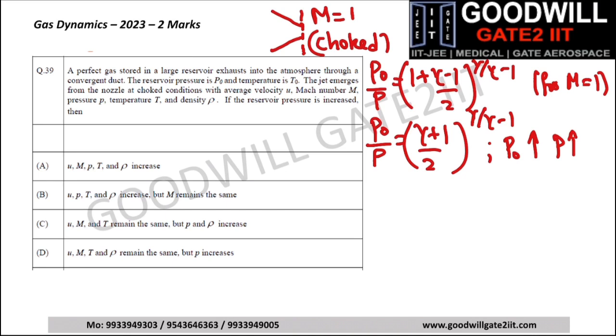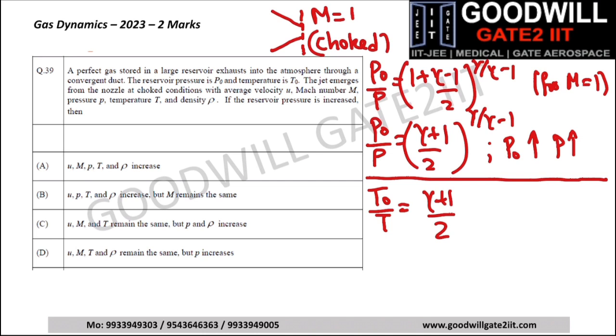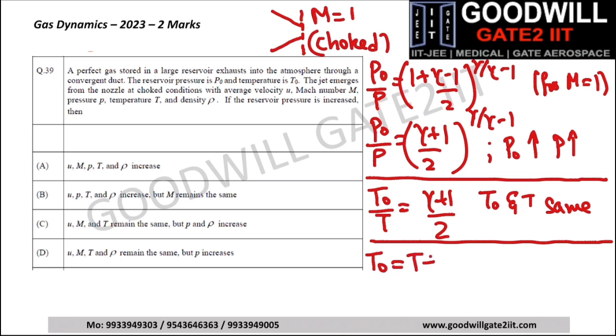So the next thing that we would come to is T0 by T. Again for gamma, it would be 1 plus (gamma minus 1) by 2 times M squared, and for Mach number equal to 1, we would get the relation (gamma plus 1) by 2. So since T0 is not being changed, just P0 is being changed, there would be no change in T0. So both T0 and T would be the same. So now we can also write T0 in another form, that is T0 is equal to T plus U square by 2Cp. Now since T0 and T remain the same, U square would also have to remain the same.